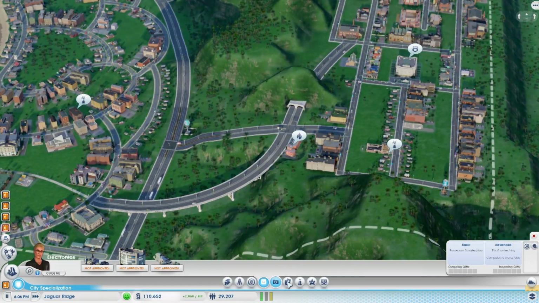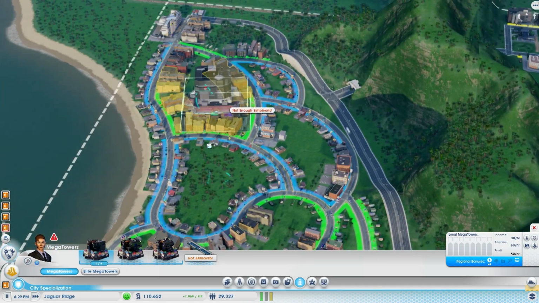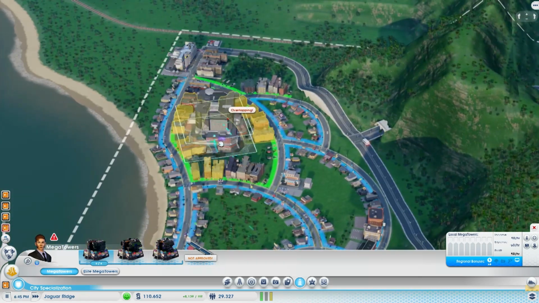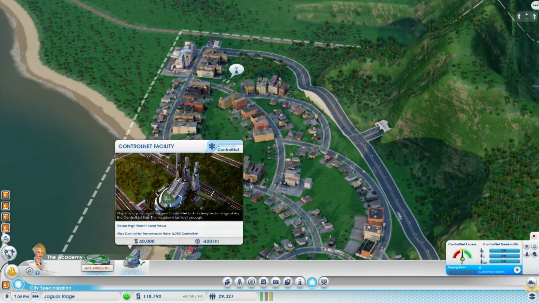Trading, don't really need any of this. I don't think this is a Mega Tower city either, because there's not really any good places to put one, is there? I mean, I could just stick one there, but I don't think we need it. I don't think we need it. What I may do, though,